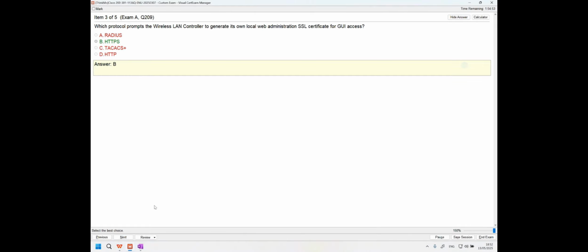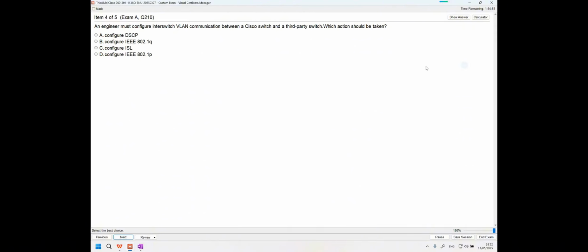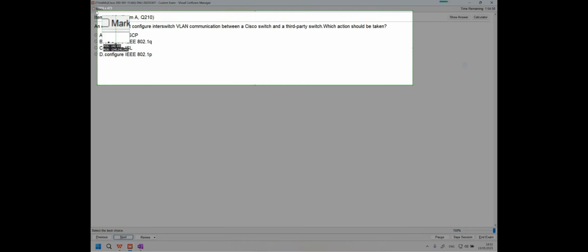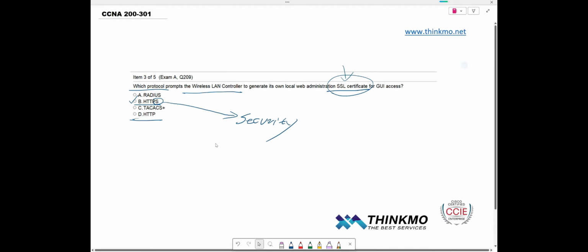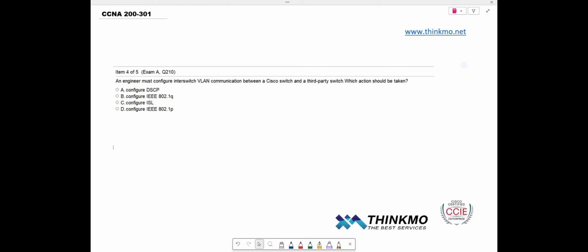The correct answer is B. All right, question 4. For question 4, it says that on a Cisco switch, what must an engineer configure? You need to configure the VLAN for communication across switches. And where do you configure it? Well, you configure it on the switch itself. What steps should be taken? And the first one,